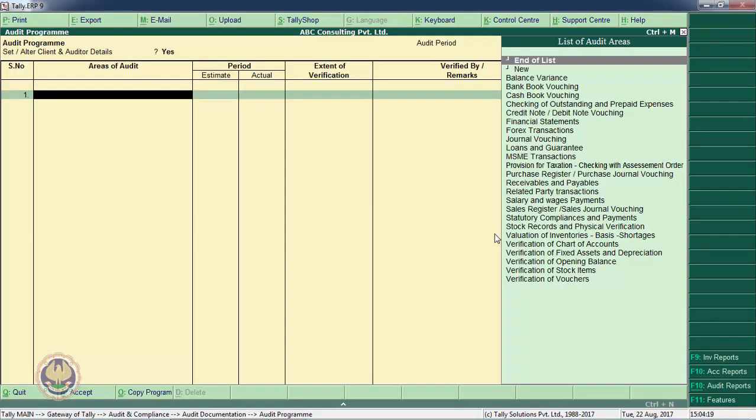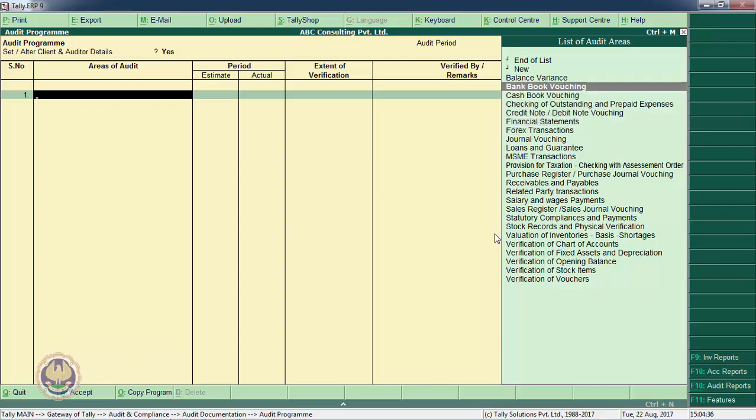What type of area I would like to audit? These areas are predefined by Tally: balance variance, bank book vouching, cash book vouching, checking of outstanding and prepaid expenses, credit note, debit note, financial statements, and these can be assigned.